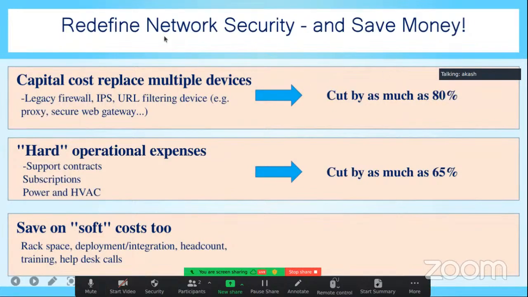So as we know, a legacy firewall only has the capability to allow and block as per the IP and the port number, or the type of connection, right? So we have to place each and every device in our infrastructure. For IPS we have to place a different device, for URL filtering a proxy server we have to place somewhere else, a secure web gateway, different types of devices we have to place in our infrastructure,